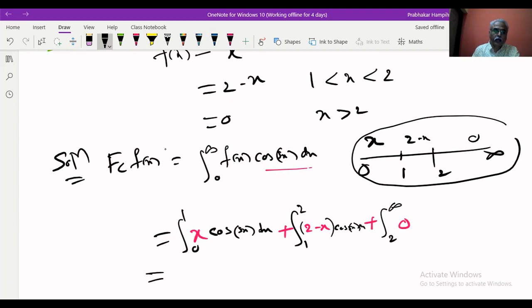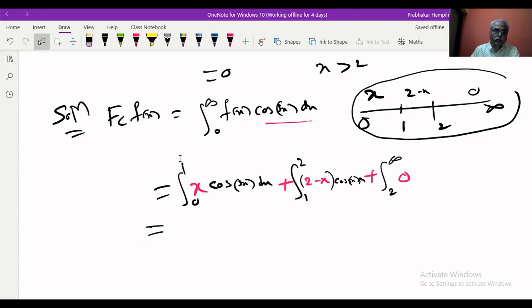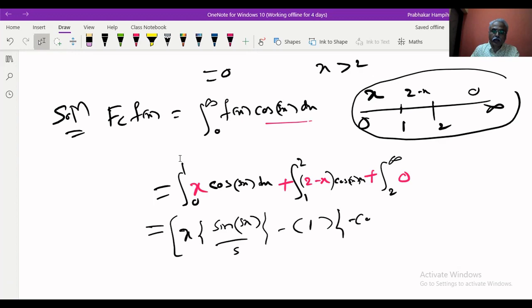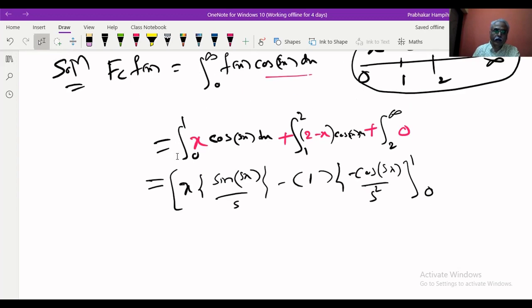Integrating by parts, the first one, from 0 to 1, looks like this: x into sine sx divided by s, minus the derivative of x, which becomes 1. Sine becomes minus cos sx divided by s square. This part is over, and